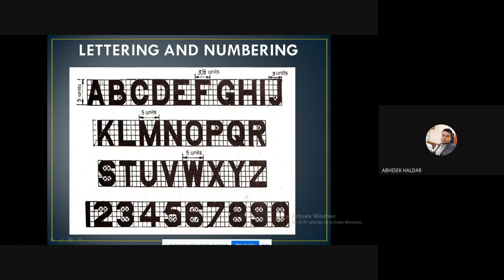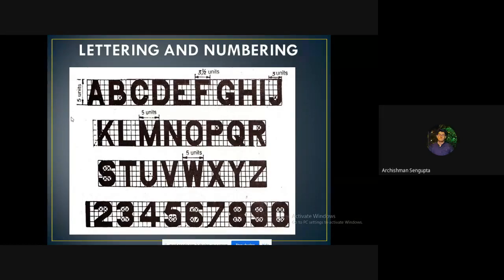So my suggestion is, you first draw two parallel lines. Those two lines may not be visible to me, they are only visible to you. That means you draw very, very thin lines, and write in between, so that automatically all the fonts will be of the same size. Is that clear to all of you?